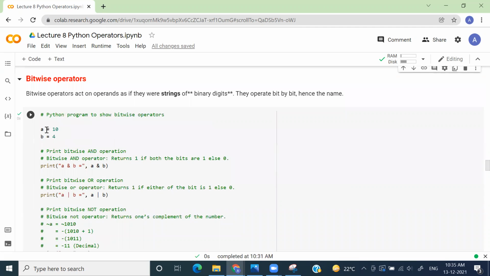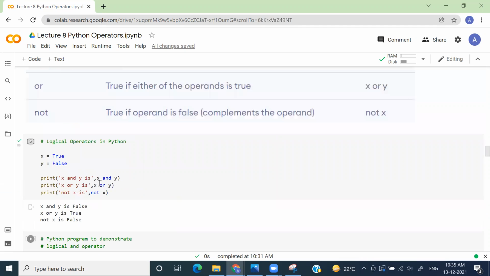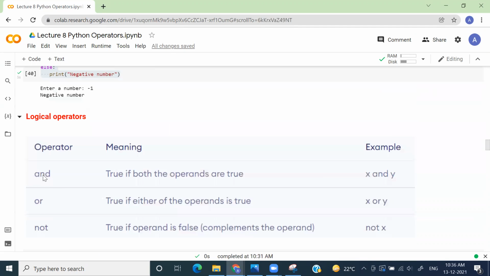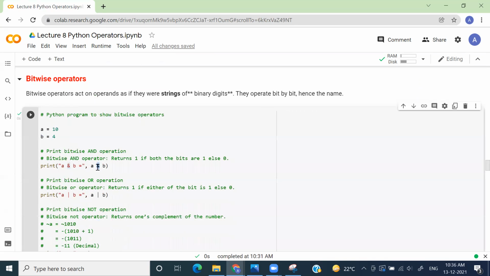I have a variable a that is equal to 10. b is equal to 4. And I'm doing a and b. Please don't get confused between this and with this and, right? These two are different. This is the logical AND operator, and this is called the bitwise AND operator.